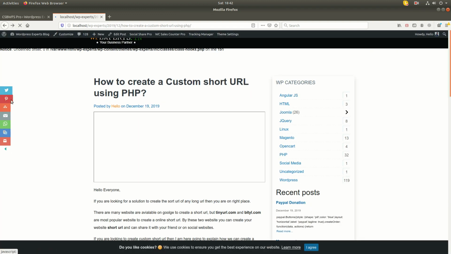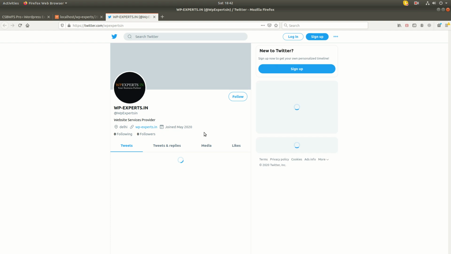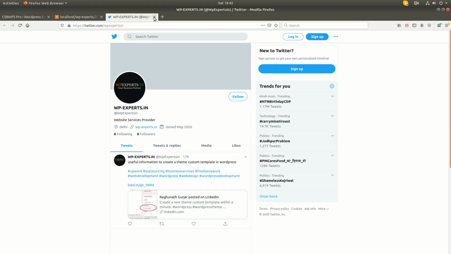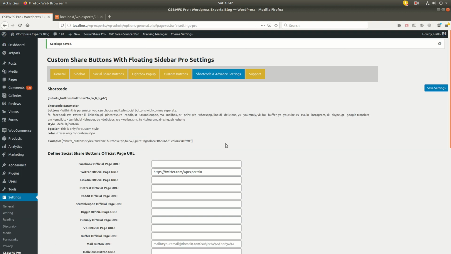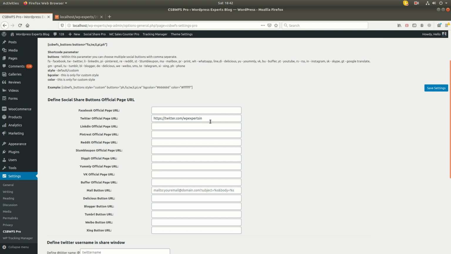You can see the button is showing WP experts, and when you click it, it will redirect to your official social site. It will not work like a social share button. So it's clear. After you add your custom official page URL here, the button will start working like a normal social button. It will not work like a social share button.